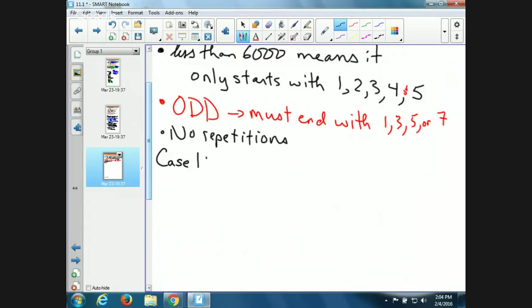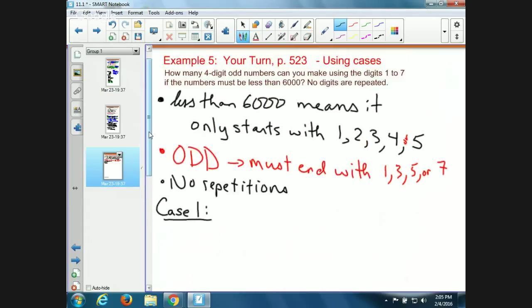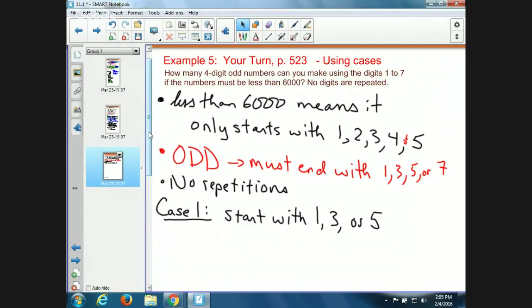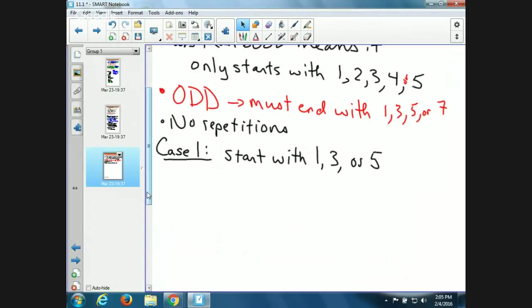Case 1. You could start with an odd number. So if you start with 1, 3, or 5, how does that affect things? If you start with 1, 3, or 5, that means